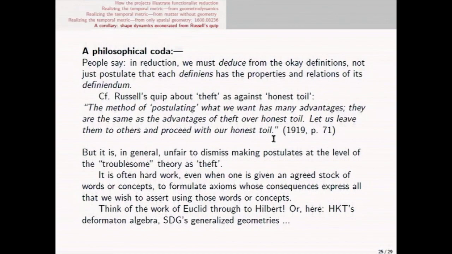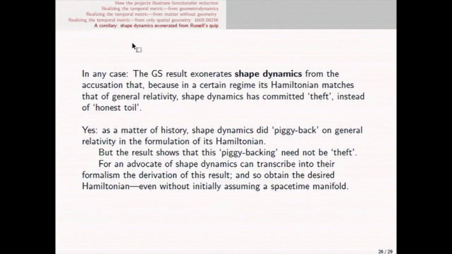You've got a preferred collection of concepts: point, line, between, congruent. You're not trying to give some extra theory of what a point or a line is. Nevertheless, it can be hard work and honest toil to write down an axiom set that delivers all that you wish to say with those concepts or words. Similarly, the HKT deformation algebra or the generalized geometries of SDG, all that's upstairs in top theory, right? In any case, the physics point is that there is a rival or cousin theory to general relativity, shape dynamics,